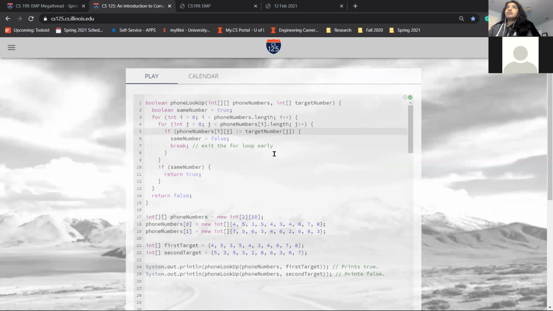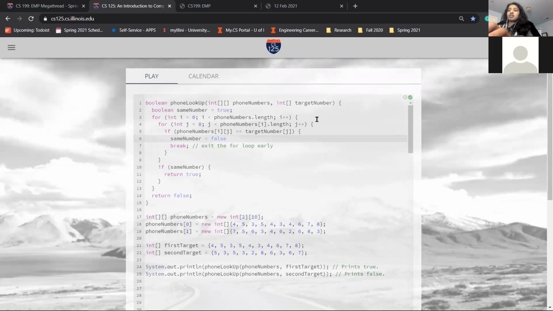Why can't they just equal the same number as true and then return false? If you did it as true, then you could set it as true, but like this, you mean phoneNumbers[i][j] equals target number, that's fine,